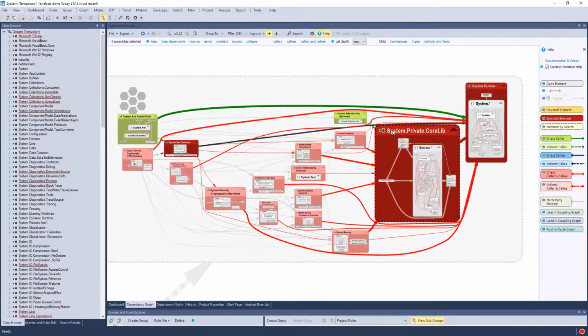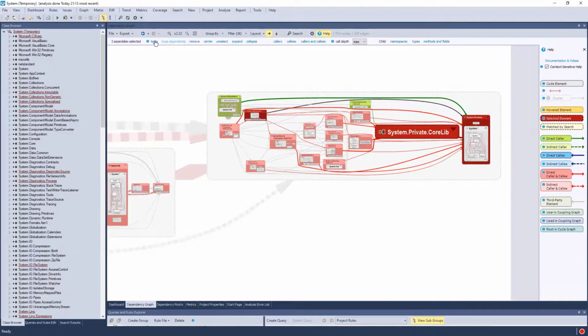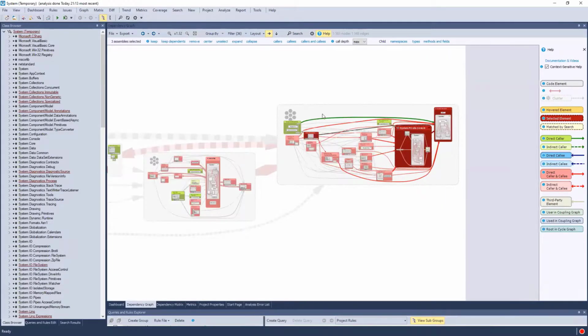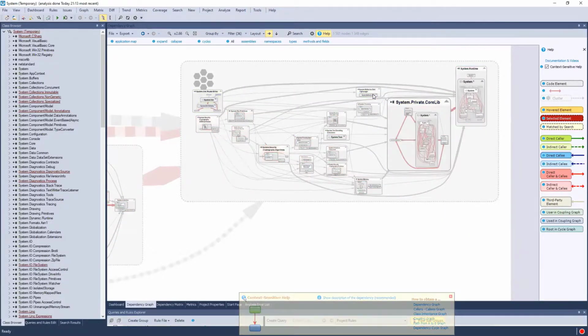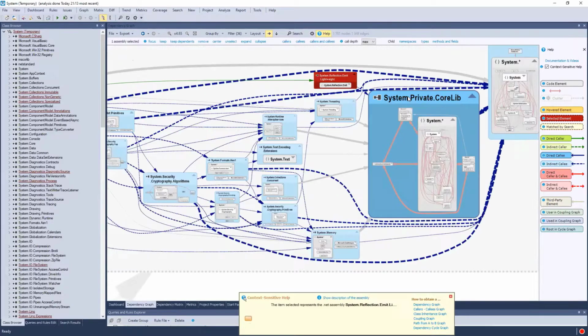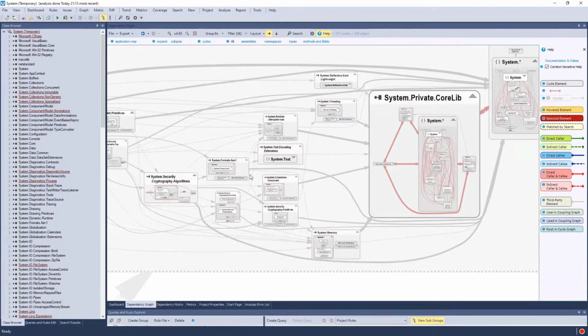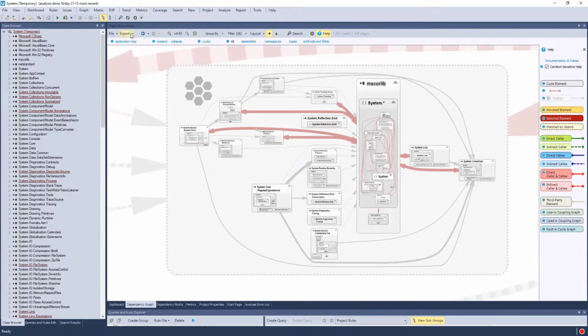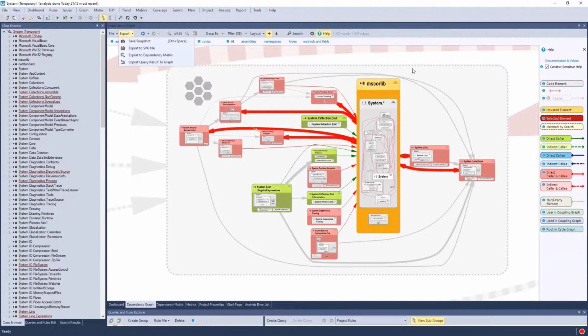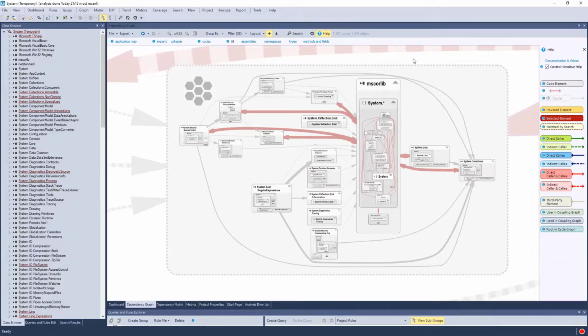So for example, if I select this one, then I have a lot of blue. It is using this one directly, and that one is using all these others indirectly. So here we have quite a lot of boxes. It's interesting if you want to understand your architecture, you can export that to an SVG file or to PNG format. Let's focus on something we all know about, which is collections.